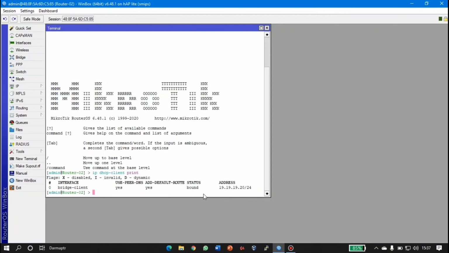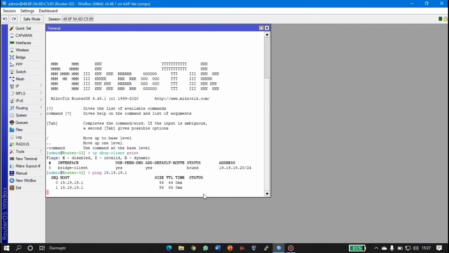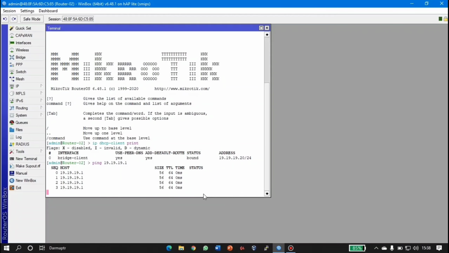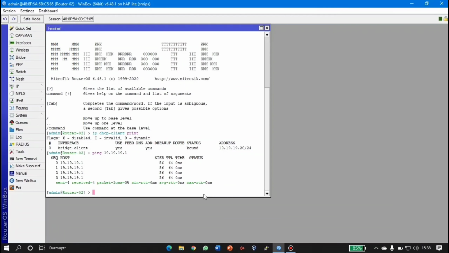And then do testing with a ping to the IP router. Input the command ping 19.19.19.1 and enter, and we can see the result is reply, which means router 2 is still connected to the server.